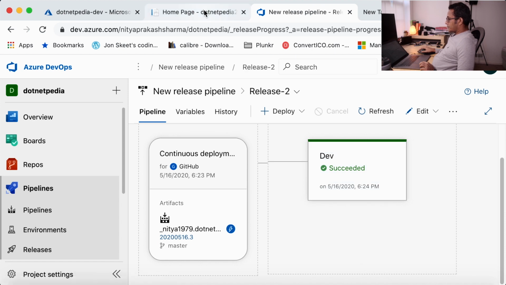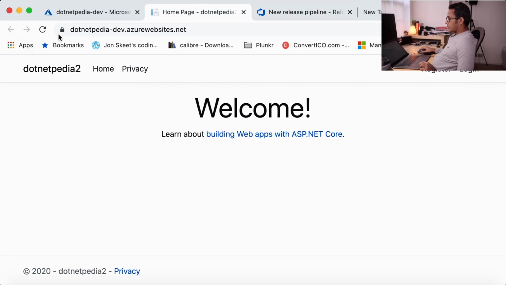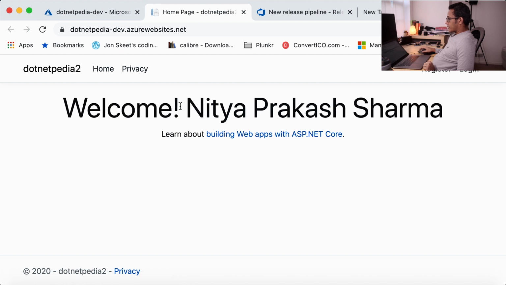The code is deployed completely. Let's see if it works or not. So we are just refreshing the website and my name should appear on the website. Okay, so it is working. Now in the next video I'm going to add some test cases, and try to check both negative and positive scenarios, whether the test case is failing or not.